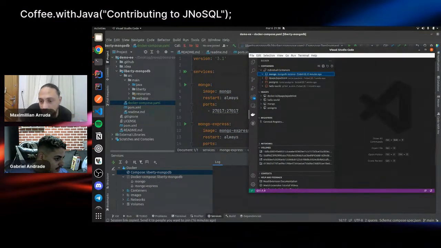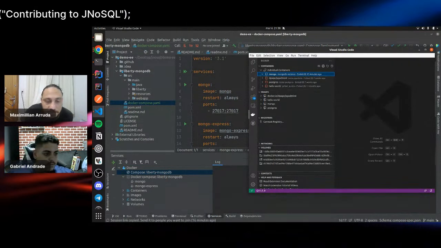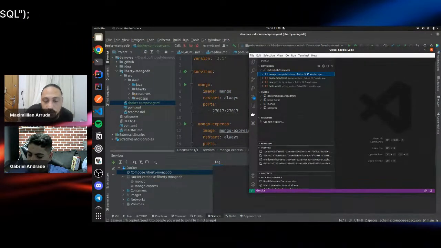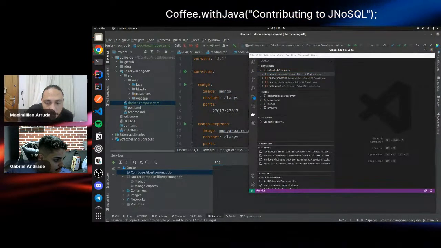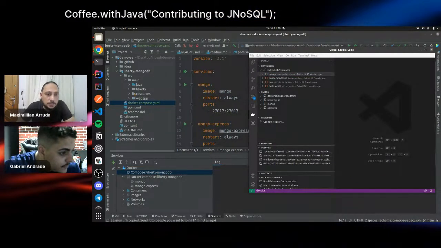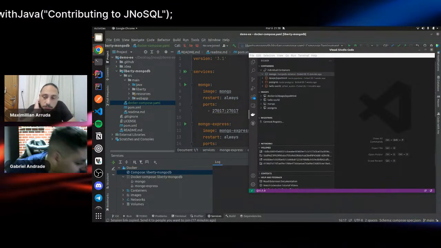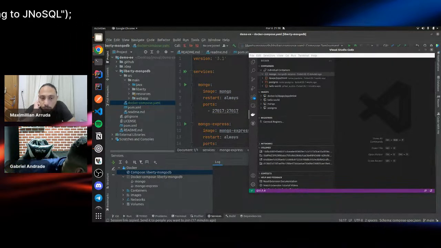So let's add some permission for the machine. You need to add some execution permission to the file.